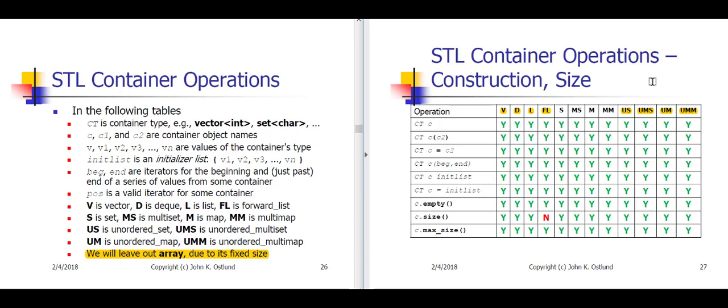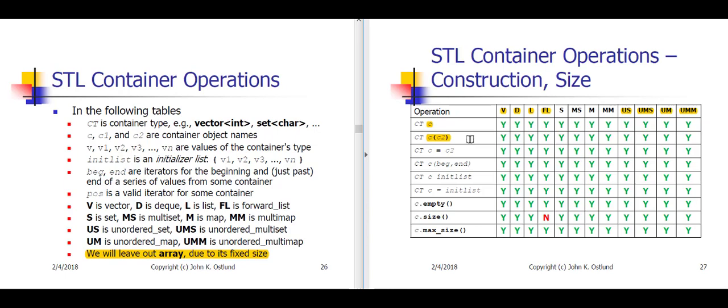Alright, so the top 2/3 of this table shows various ways that we can construct these containers. We have a default constructor where you simply give the name that you want your container object to have, and it will be properly constructed to be empty. Then we have a copy constructor that you can use to make a container as a copy of another container